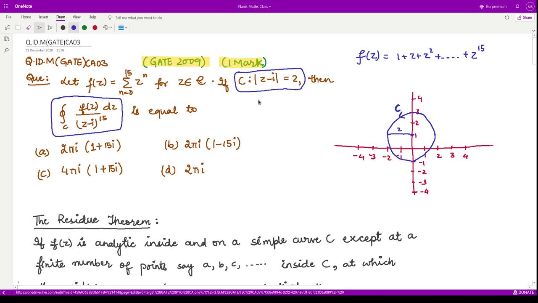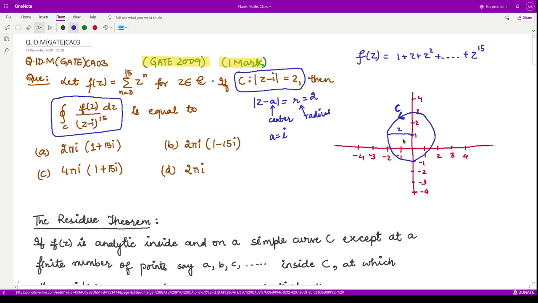So that means this is a circle, and the general equation for a circle is of this form, where A is the corresponding center and R is the corresponding radius of that circle. In our case, the center is given to be iota, so that means we have a center at this point 0, 1, and the radius here is given to be 2. So we have a region of this kind drawn like this in the anti-clockwise direction. The direction is taken to be the anti-clockwise direction.